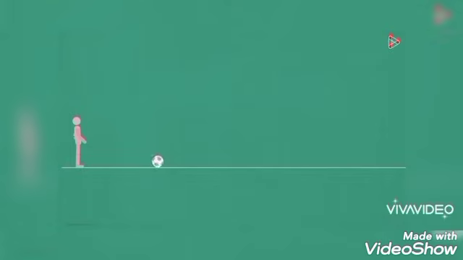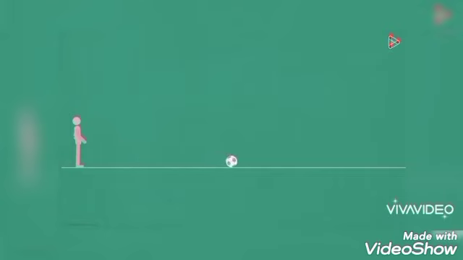Hope you understand. It's because the net force is not equal to 0 here, and this time the forces are not balanced. That means the forces are unbalanced. So the ball moves here. Then you can see the ball moves and slowly comes to stop. Okay, here the ball stops